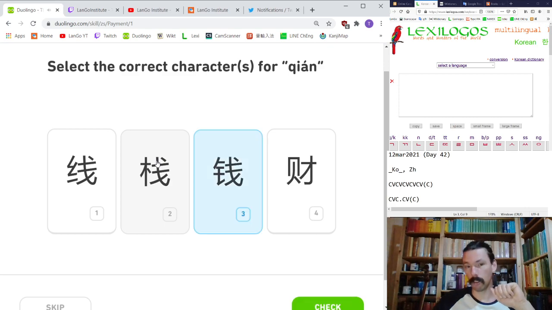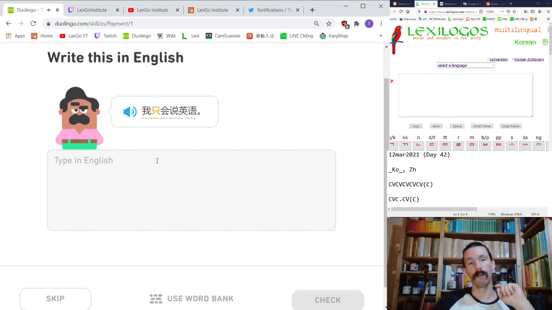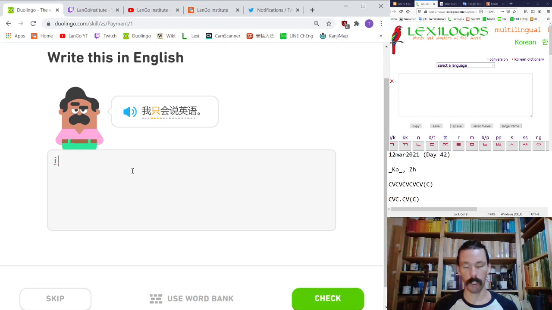So, 钱 for money. 我只会说英语。说英语, if we talk about in terms of phrases, English language here, 2 characters, 2 syllables. 说英语 is a phrase, speak English. 会, be able to speak English. So there's a kind of inevitability about a lot of word order in Chinese. There's only 1 or 2 ways it's going to sound good with the vocabulary you want. 我只会 I only speak. I can only speak would be closer to the original. 英语